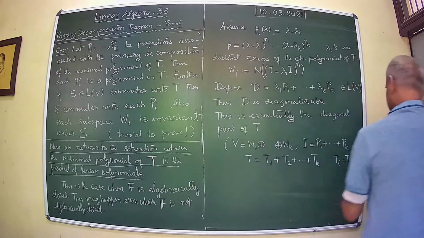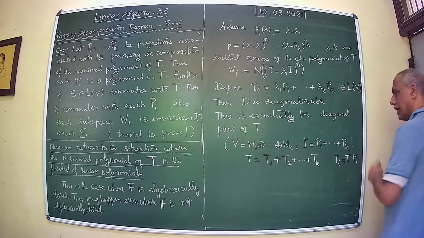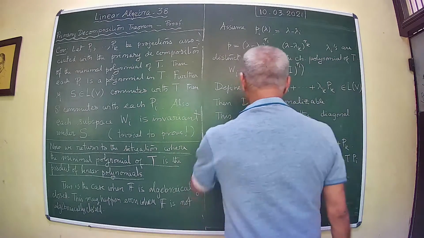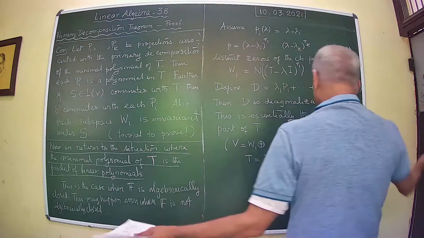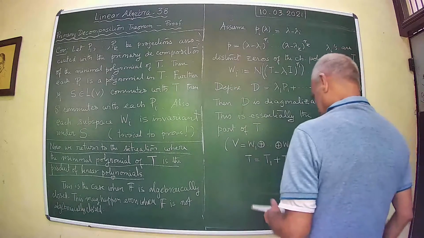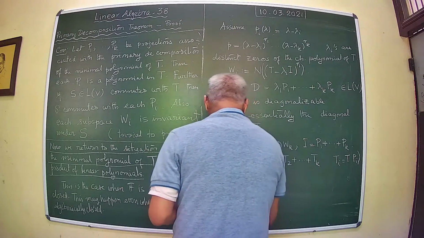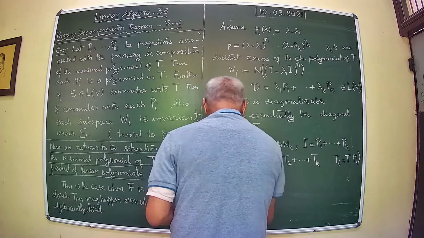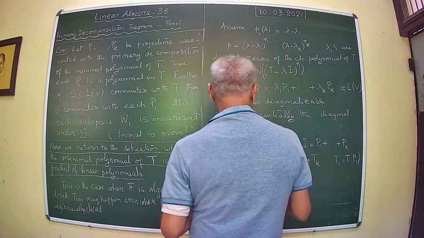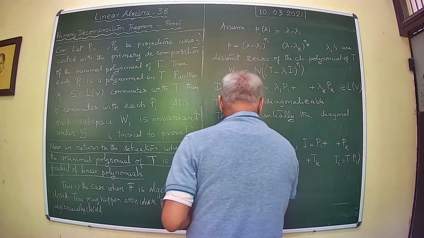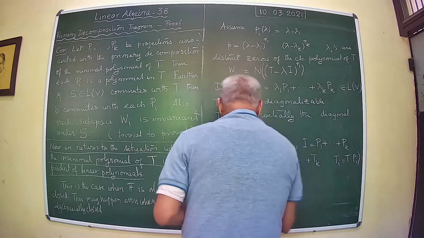Now what you do is, instead of this, we replace it by lambda I PM. Okay. So that is your D. So D is essentially some part from. Now you take out from this D. So what do you get? Let us define by N this part. Now that's equal to